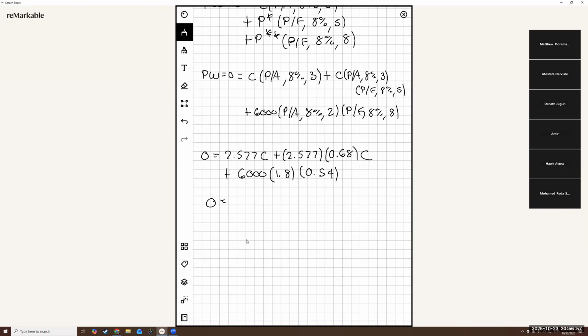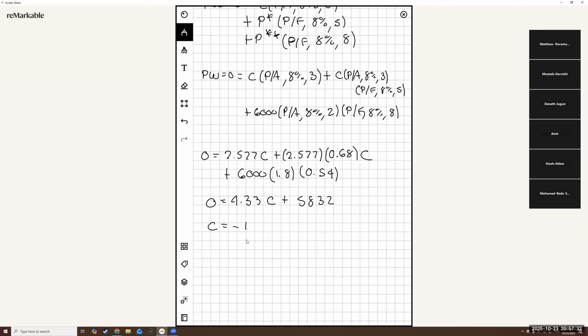Okay, let's simplify. I get 4.33 C plus 5,832. Therefore, C is equal to